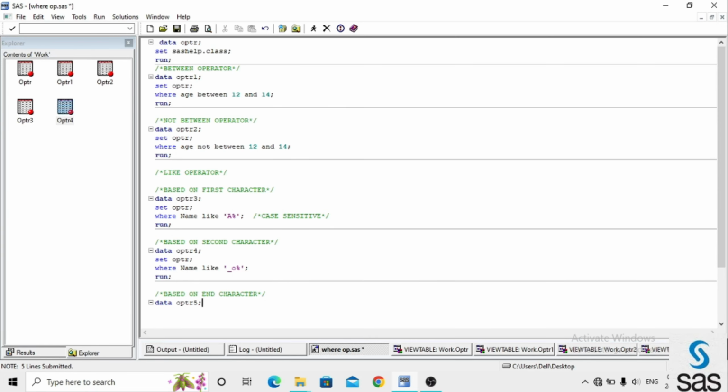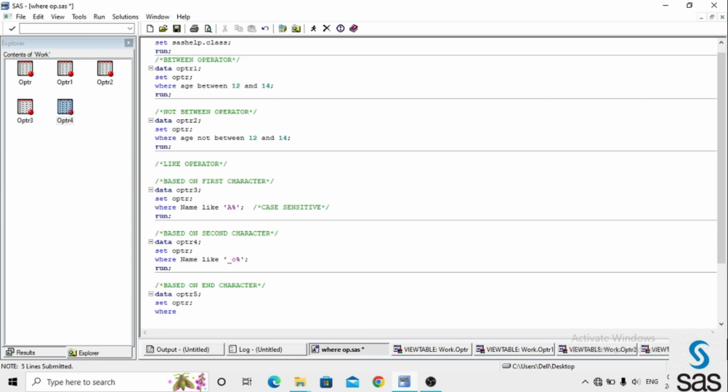I named the data set operator 5 and used the set operator, and where name is a variable name, like is an operator, and percentile y. If you write y at the end, you want observations whose characters end with y.